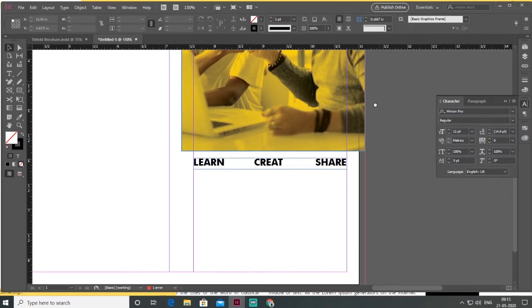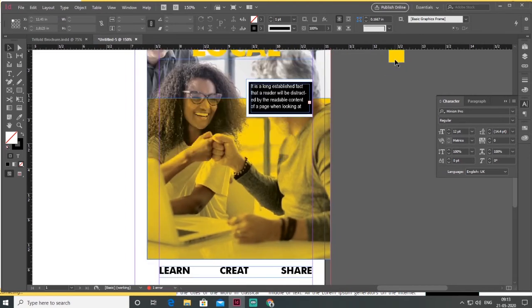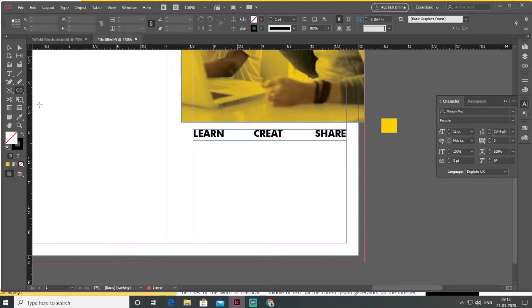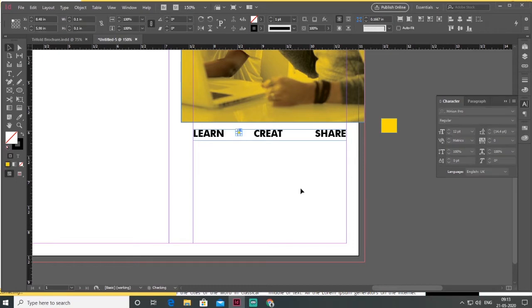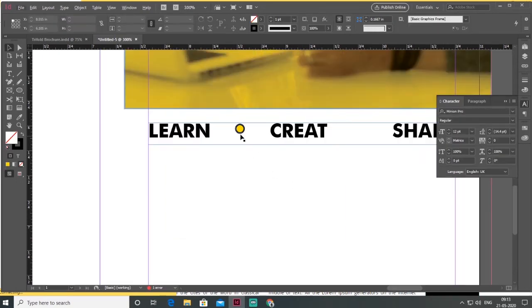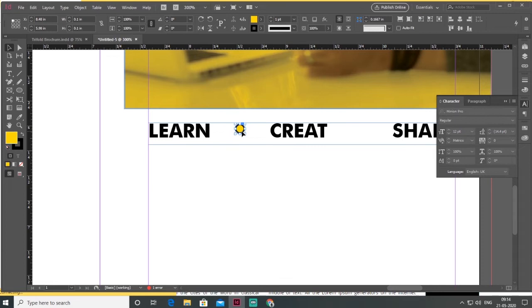Then I increase the size of my text. Then I make an ellipse and the color is yellow and stroke color is none, and press Alt and drag to copy and paste.